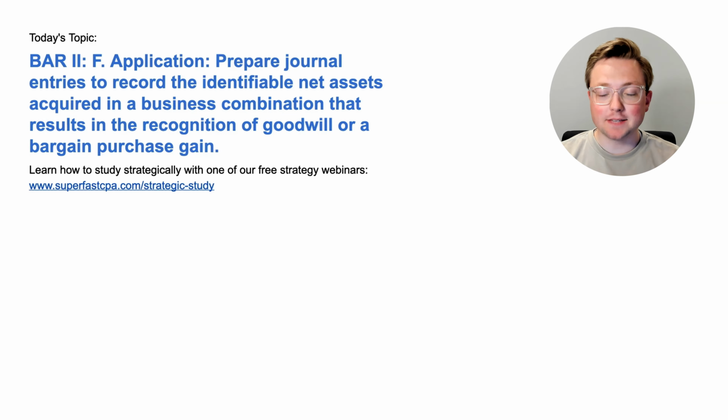I'm Logan, and in today's video, we're going to be going over bar area 2. This is section F. This is an application topic. Prepare journal entries to record the identifiable net assets acquired in a business combination that results in the recognition of goodwill or a bargain purchase gain. And we're going to be doing that the SuperfastCPA way, which is diving straight into the questions to learn the